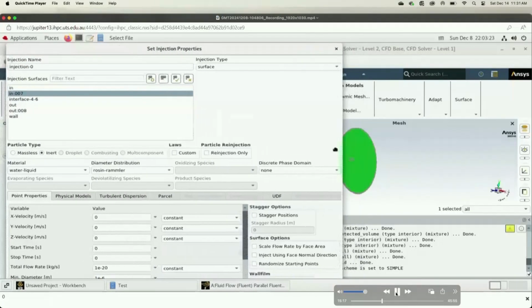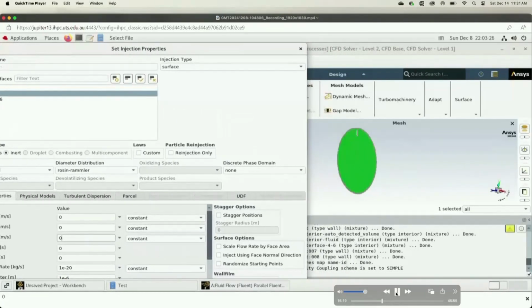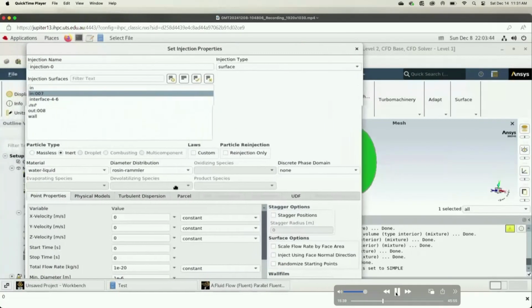So the particles are released on this surface with 0 velocity, and I assume the inflow of air will carry them forward. This might not be realistic, and might not be what is really happening in our lung, but this is only a tutorial for you to get